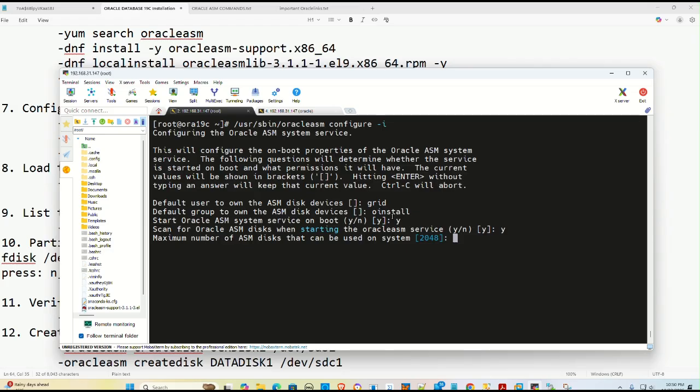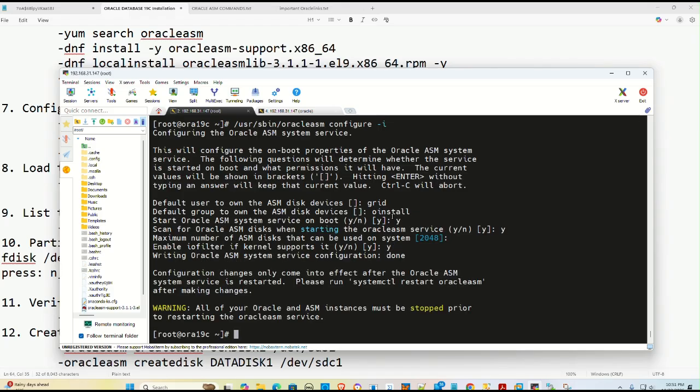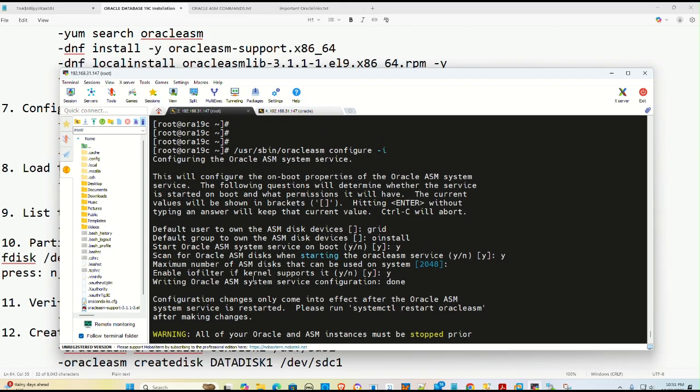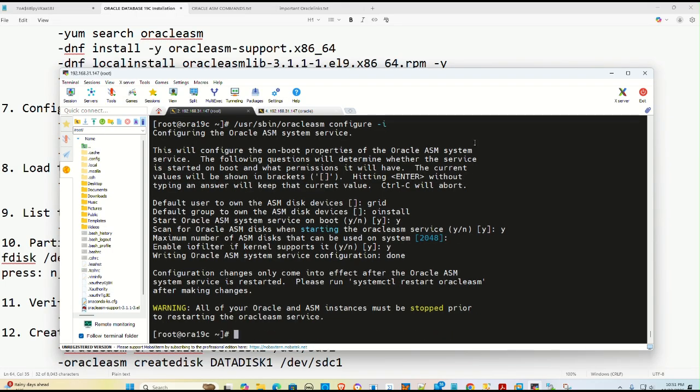I think this default is okay. As we're asked for the maximum number of disks, we go with the default. Okay. Must be stopped prior to restarting. Okay. Okay. Now